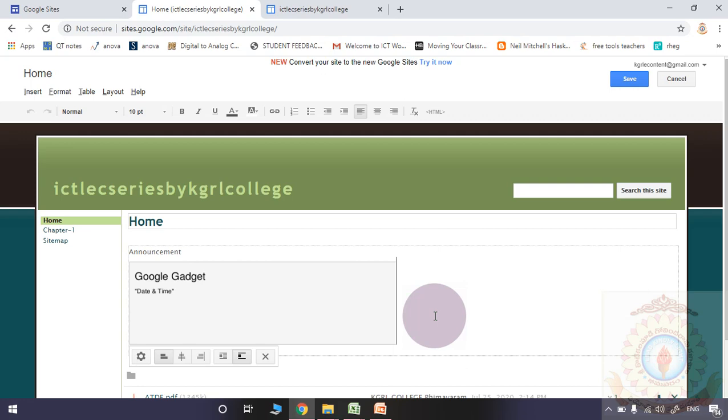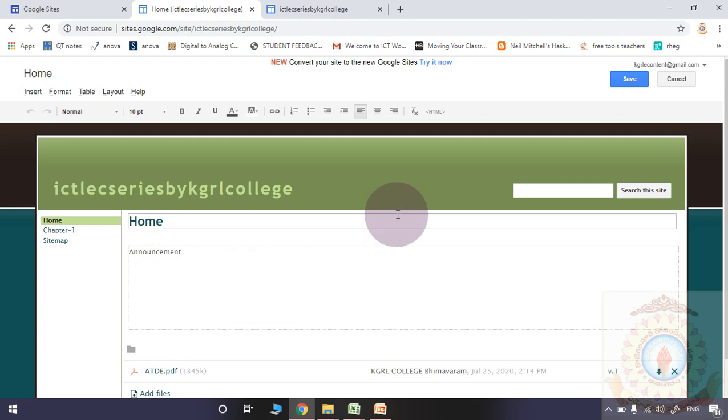By integrating those three, there is a chance to add one more point. What is that point? In this home page, you may type anything. You may give the announcement. Yes or no? What is that announcement? If you want to interact with them for live interaction, you may type here the Zoom meeting ID or Google Meet meeting ID. Is it okay? By using any virtual platform, the particular meeting ID you may post here.